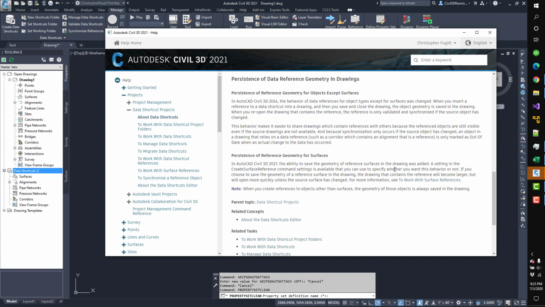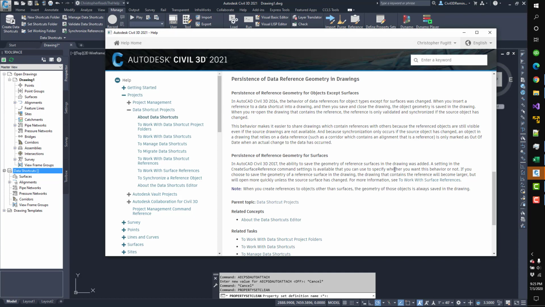When you reopen the drawing that contains the reference, it is only validated and synchronized if the source object has changed. This behavior makes it easier to share drawings which contain references with others because the referenced objects are still visible, even if the source drawings are not available. And because synchronization only occurs if the source object is changed,